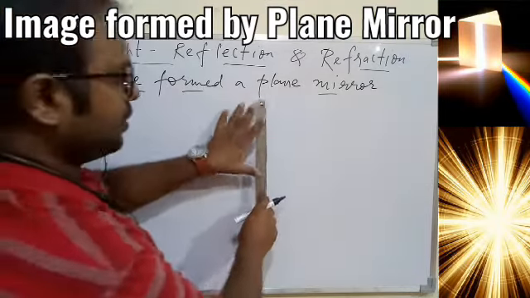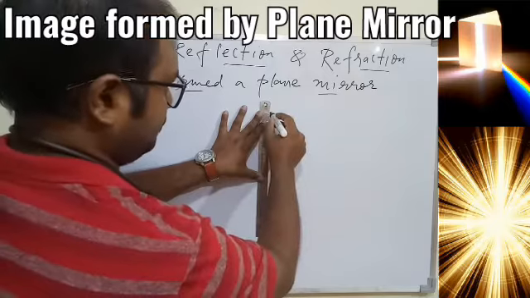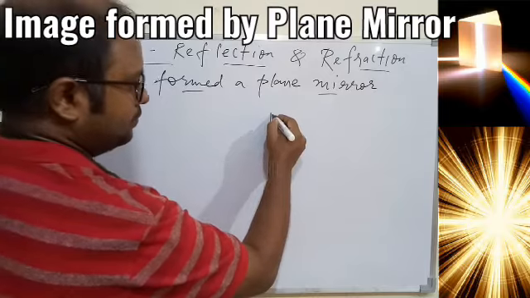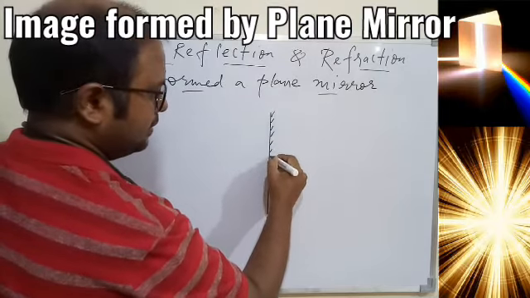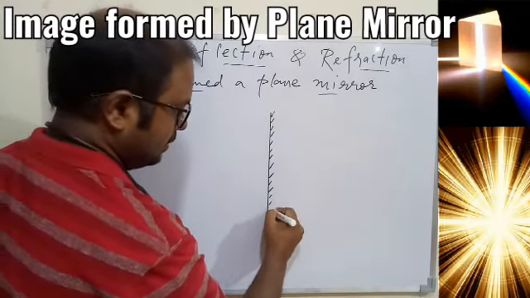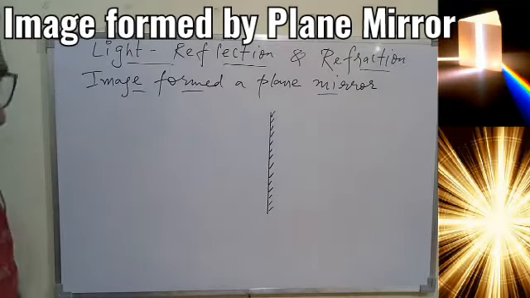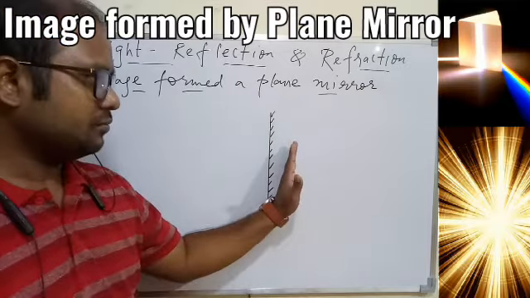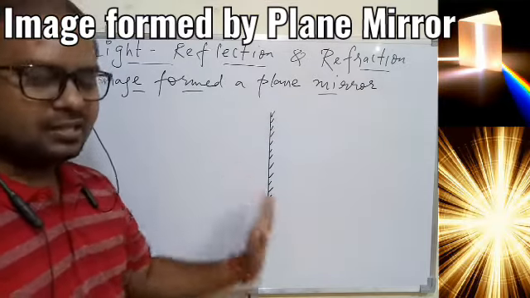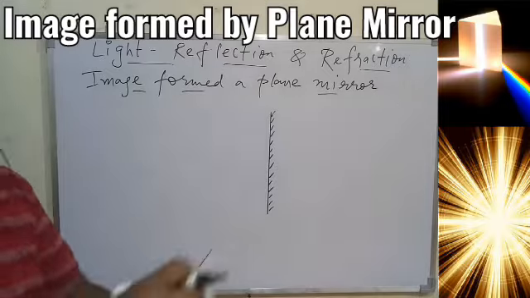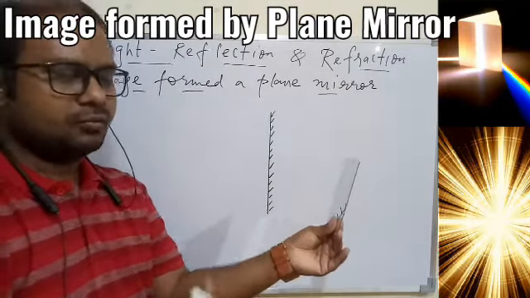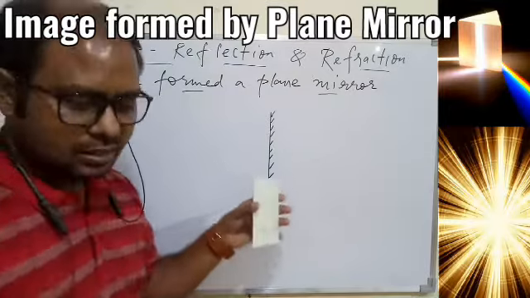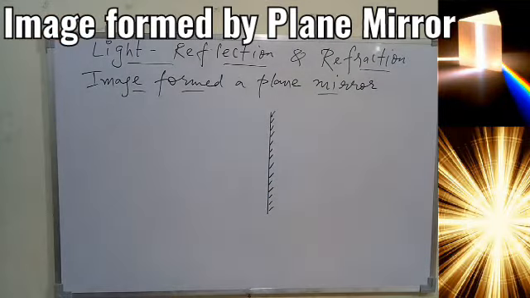So very first, when you talk about the plane mirror, we know the symbol for the plane mirror is this, that is a straight line with marking on one side. So this is the symbol, or the way to show the plane mirror, that we understood. This side is the reflecting surface and this is the non-reflecting surface, that is, this is the painting side and this is the non-painting side, that we know. So overall I am talking about the mirror. This side is the reflecting surface where you can see the image, and the painted side is at the back, shown on the other side. So that we know.